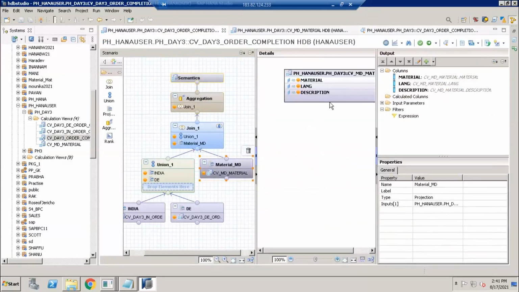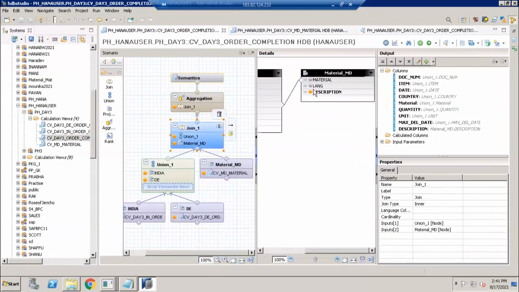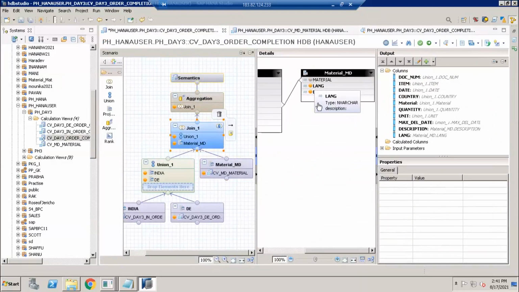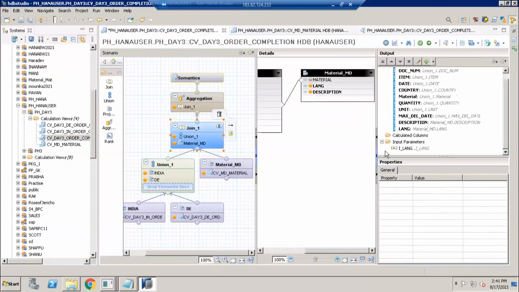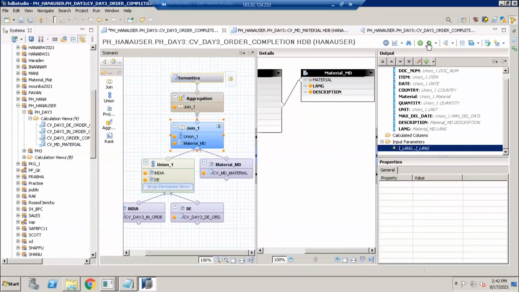Oh, okay, I need to select this lang also, because I am applying this filter on it, right? Input parameter is there. One second. Do we need to apply it again? Actually, it should pass on. It's mandatory, let's make it mandatory.